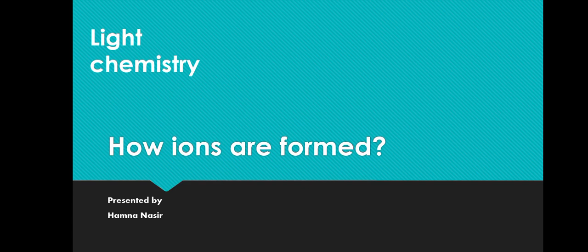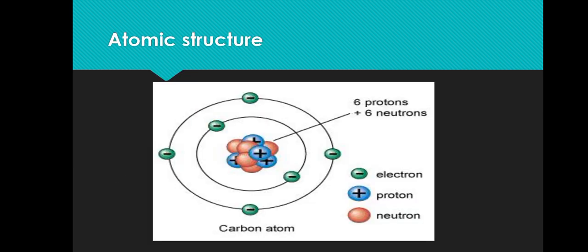In this video, let us see how ions are formed and why ions are formed, why there is a need to form the ion. So let's start. First, let's see the atomic structure, meaning what is the structure of an atom, which constituents combine to